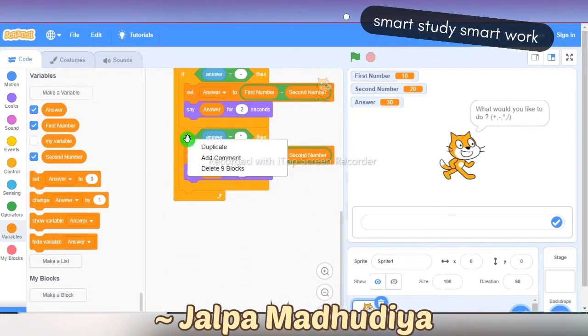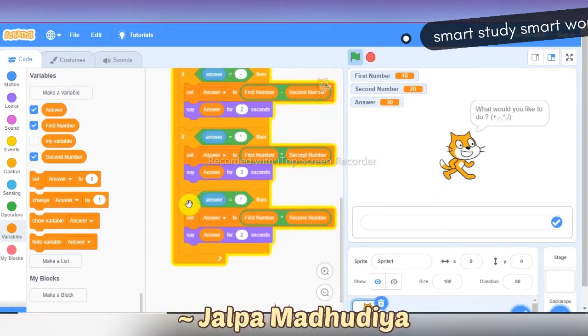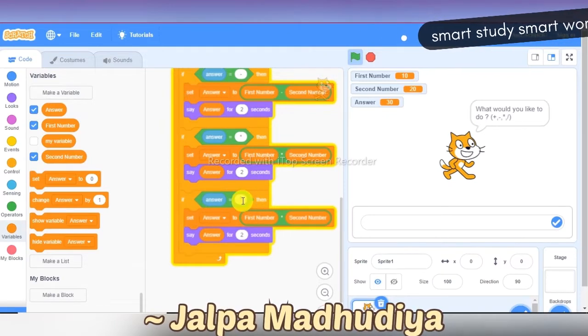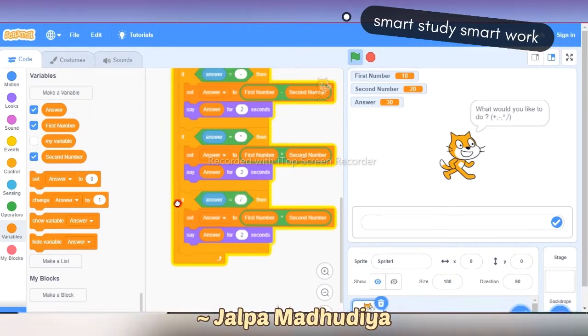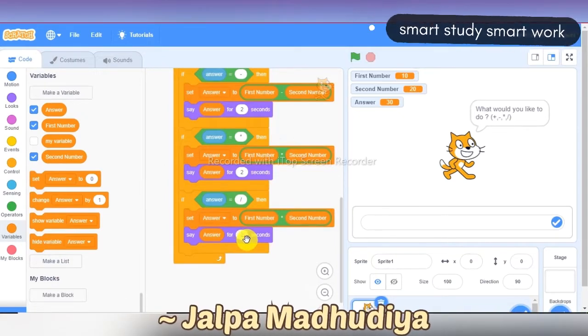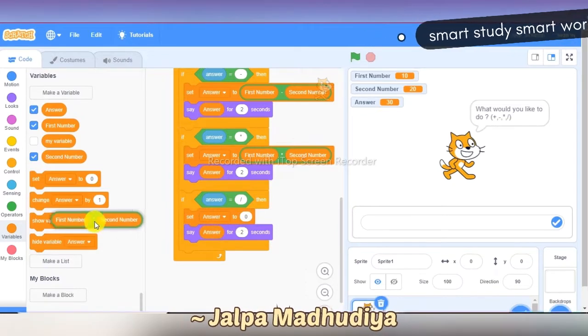Again copy this block. The next operation is division, so put the sign of division. Change these operators.